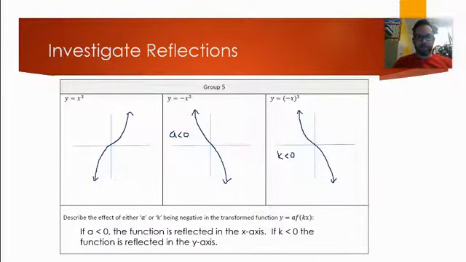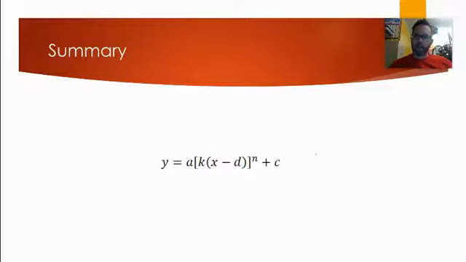So we've got the 5 types of transformations. Let's just summarize these in a little visual. Not going to add too much detail here. So the effect of C is a vertical translation. I think we have enough space to add: C is greater than 0, it's up. If C is less than 0, it's down. And then we looked at